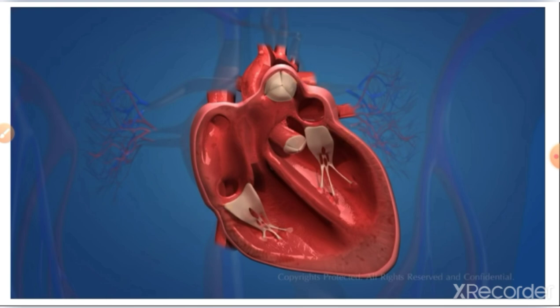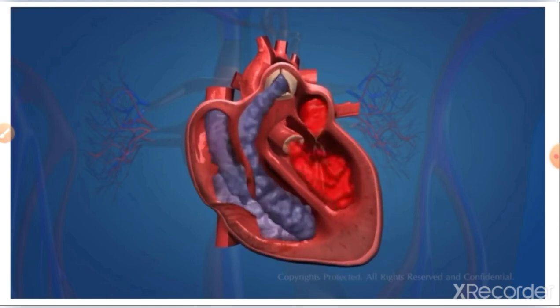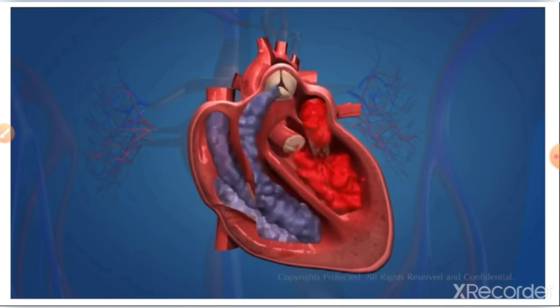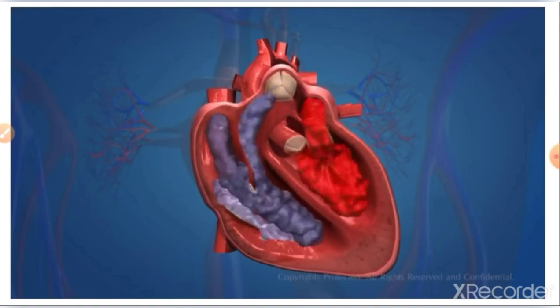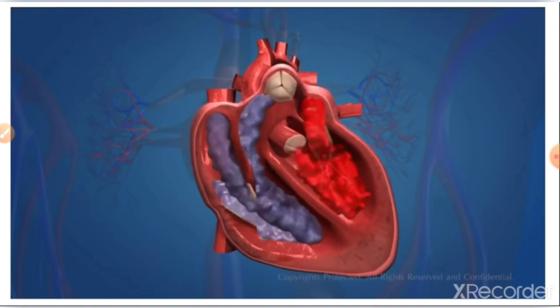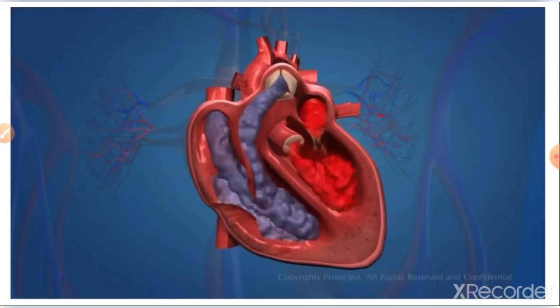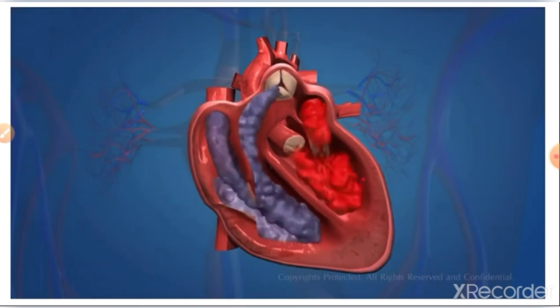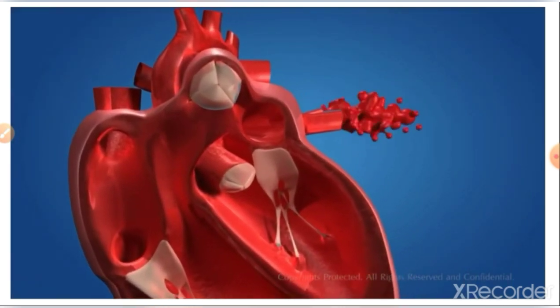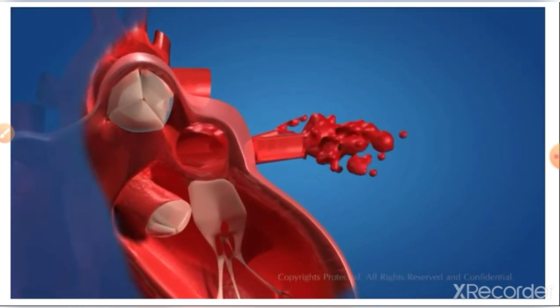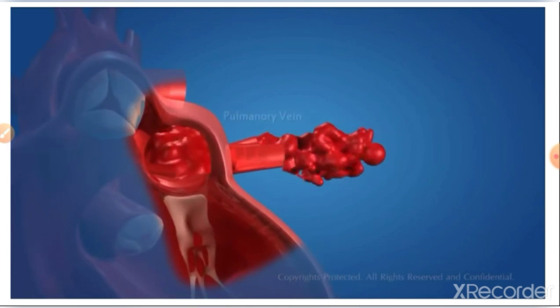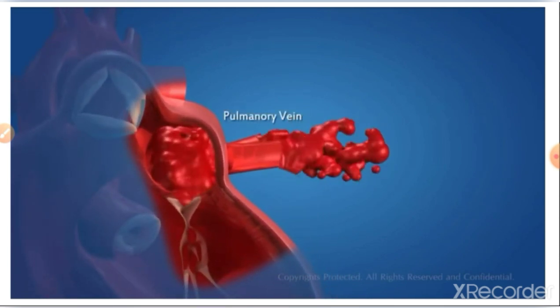Now you have seen the structure of the heart. Let us learn how the heart works. The blood becomes oxygen rich by absorbing oxygen in the lungs. The function of the heart starts when the oxygenated blood is carried from the lungs to the left atrium of the heart by means of pulmonary veins. The left atrium relaxes when the blood pumps into the heart.